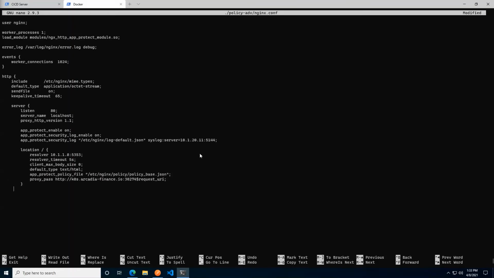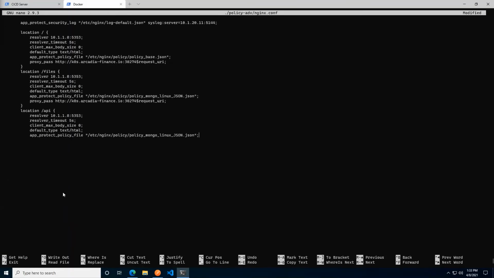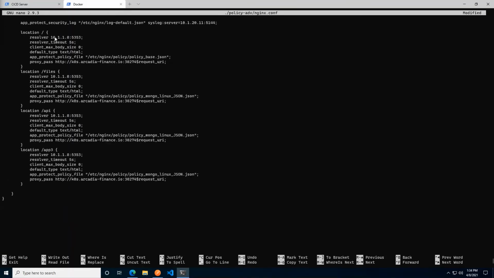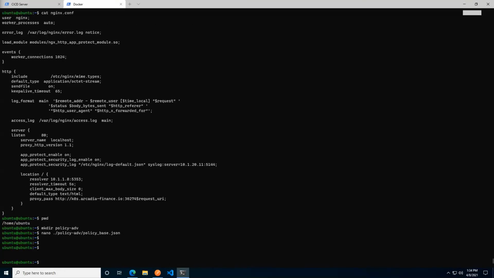In this, you'll see that we have several locations specified, and each of these locations are indeed referencing a specific policy file. Now, we only created 2 different ones, but we could, of course, have created 4 different ones if that was what we wanted to do. The point here is simply that we're specifying different policies for different services through one and the same Nginx App Protect WAF module. I'm going to Control X and Y and Enter to save and close that.